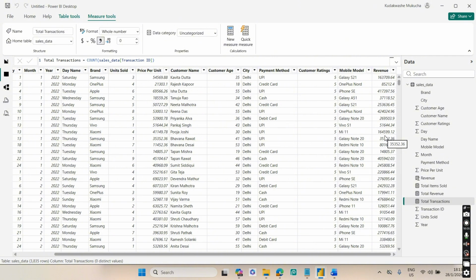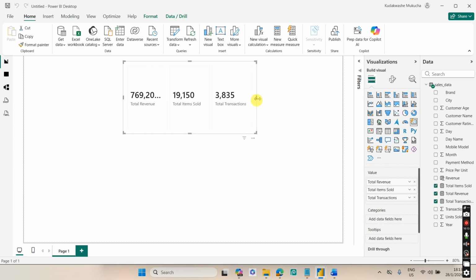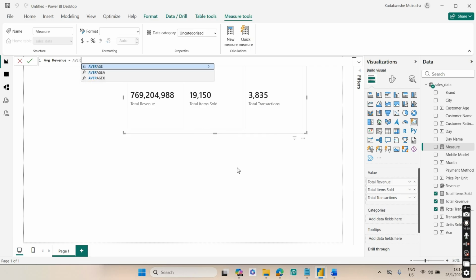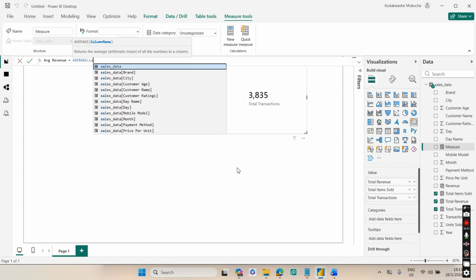So what you do is you create a new measure, then you call it average revenue, then you say equals to, then there's a formula called average, so you say average, then you say sales data,